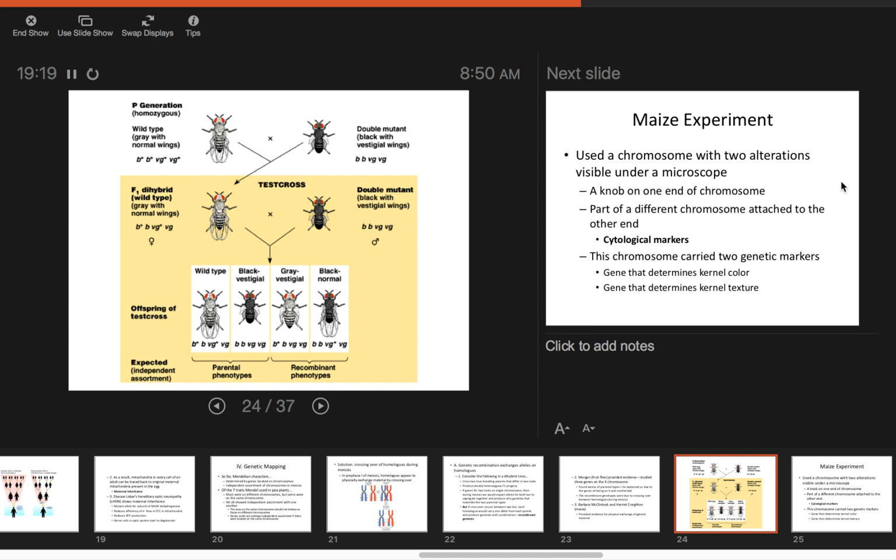So I want to go back to Morgan. Here he had a wild type fruit fly, so this is normal. This is the female, and then he had a male that had, in this case,